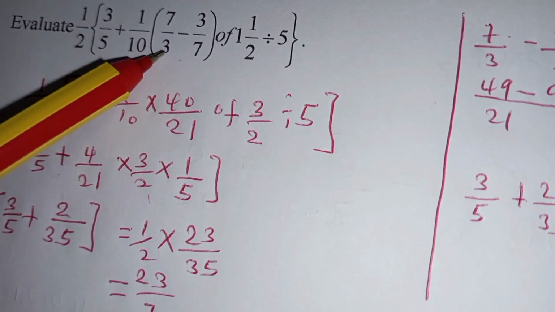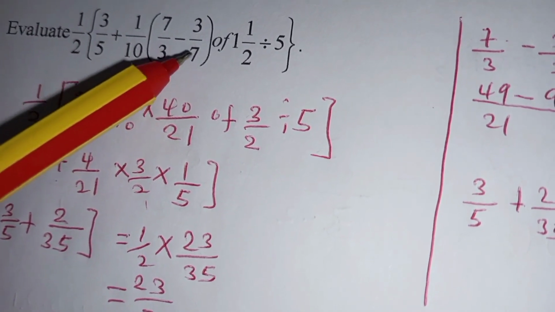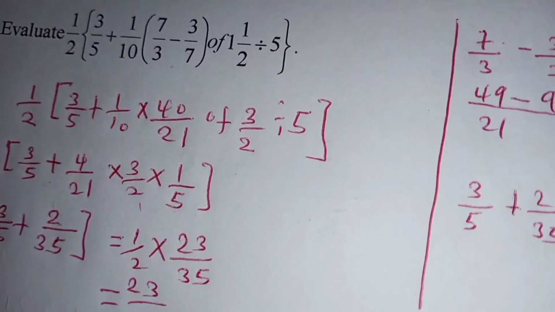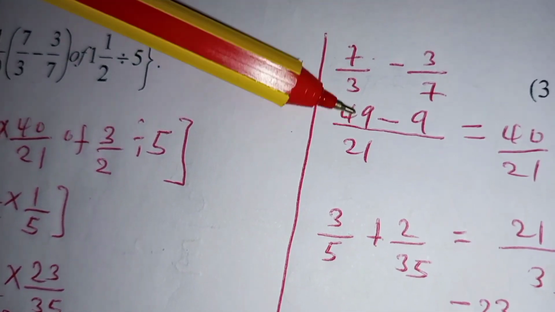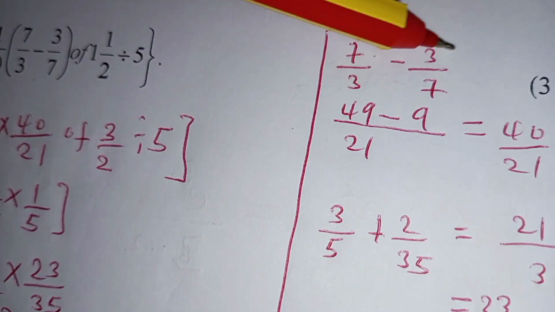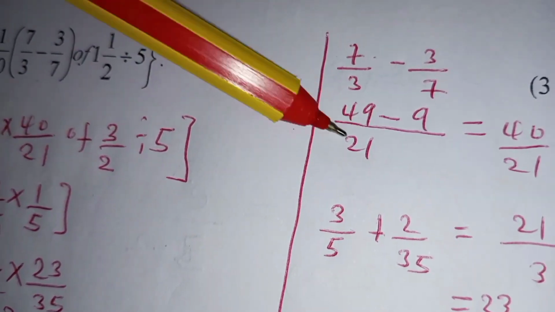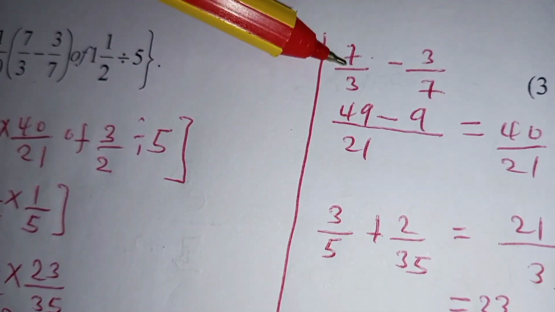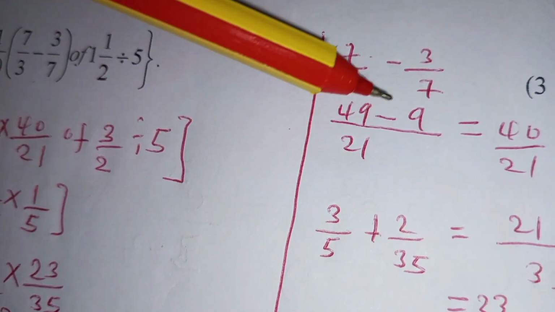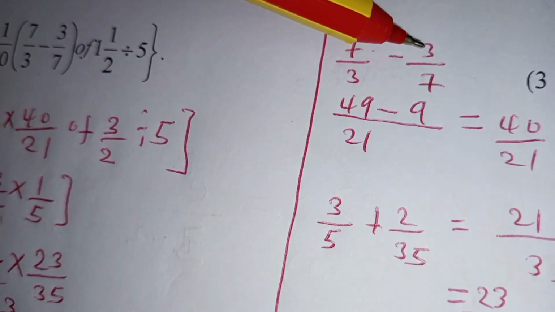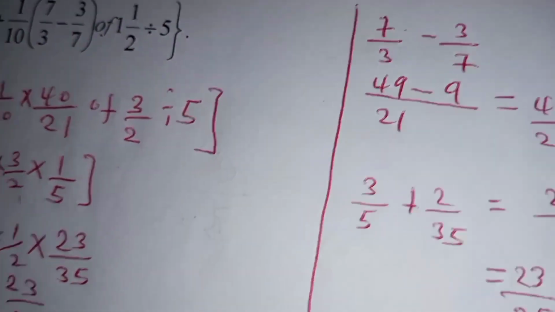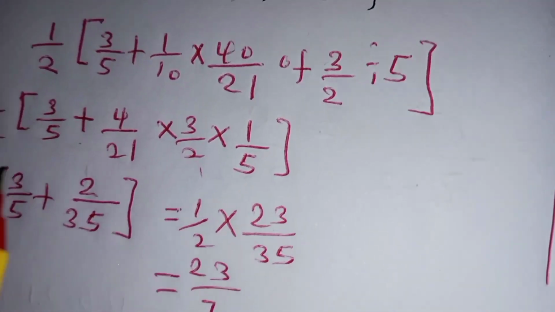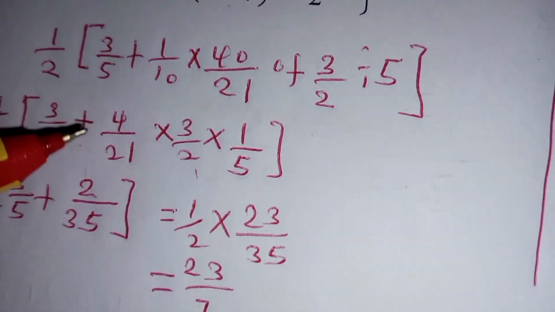So 7/3 minus 3/7. We evaluate that first, as I have done here. The LCM of 3 and 7 is 21. 21 divided by 3 is 7. 7 times 7 is 49. 21 divided by 7 is 3. 3 times 3 is 9. So 49 minus 9 is 40/21. So you obtain your result here as